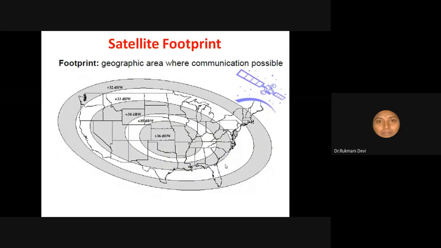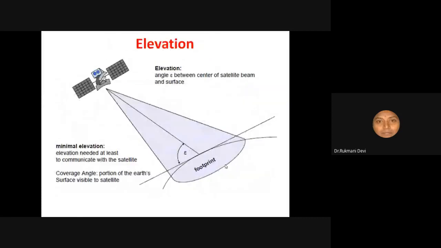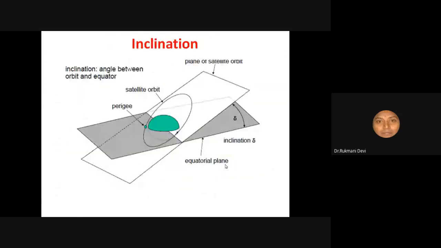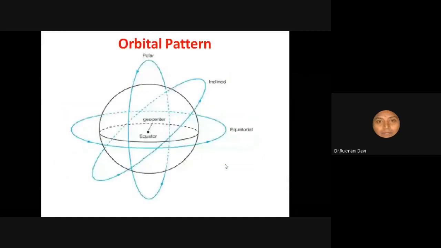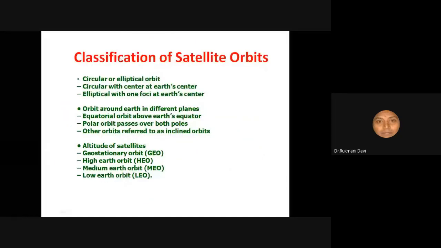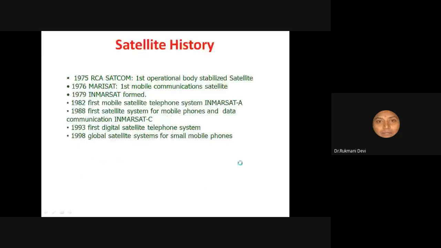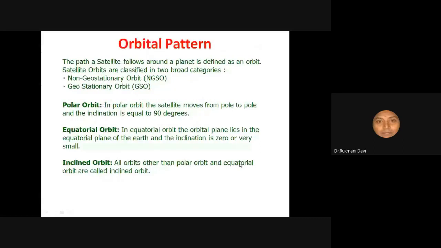So this is a small introduction about each and every term present in satellite orbits. What is an equatorial orbit, what is a polar orbit, what are inclined orbits, then how the altitude of satellites is located, everything. So now the next one, so far if you have any doubt,